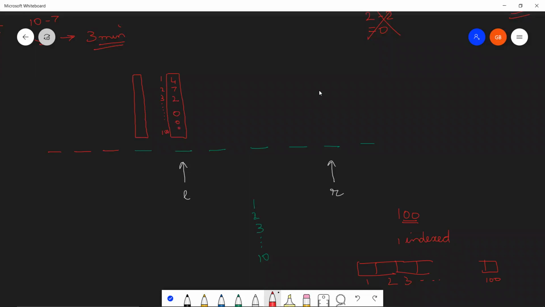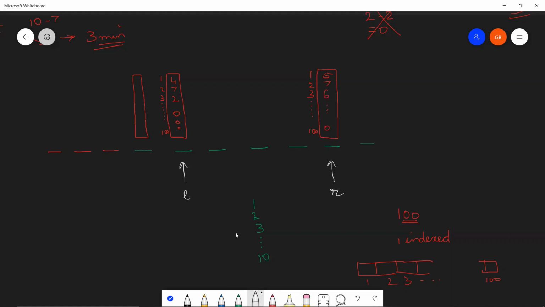Let's consider it, right? At this rth position, we also have a frequency array which is storing the frequency of all the numbers that are coming in this range, right? So 1, 2, 3 dot dot dot 100. Let's say that 1 is occurring 5 times, 2 is occurring 7 times, 3 is occurring 6 times, dot dot dot, and rest everything is 0.